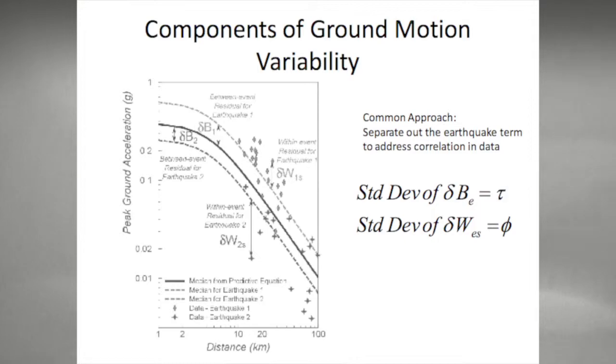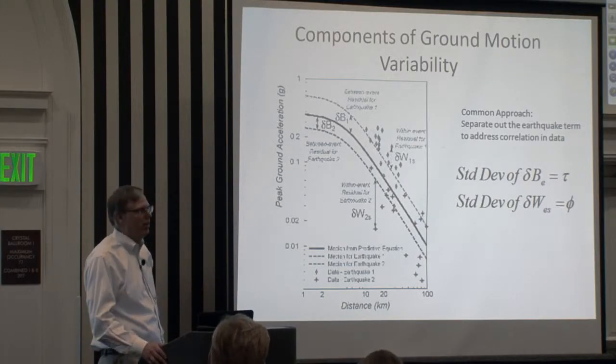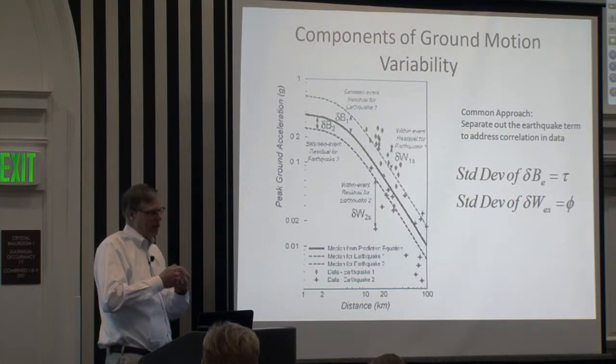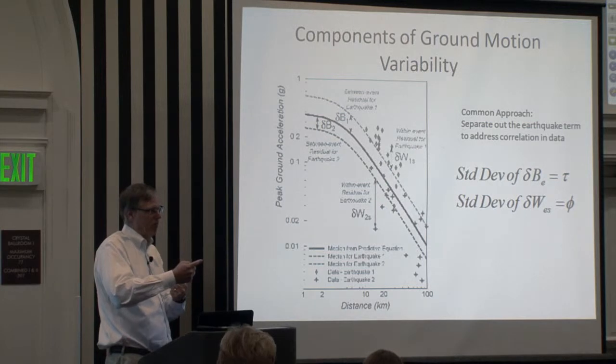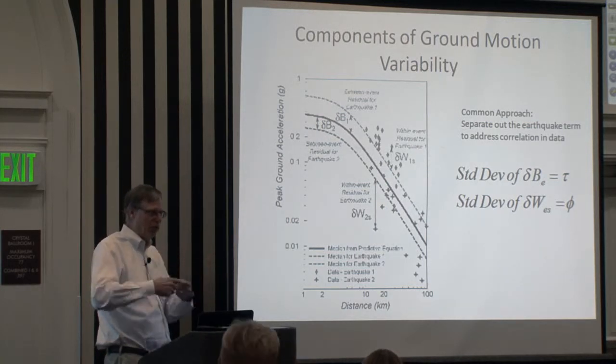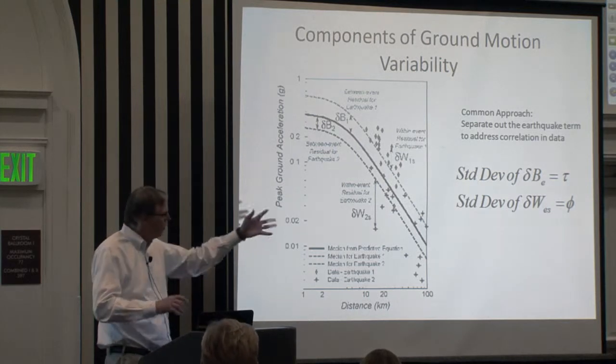So when we were talking yesterday about phis and taus, the tau is the difference from one earthquake, an actual recording, its average value, compared to what we think happens just for that magnitude. So this corrects for our oversimplification of the earthquake source process by a single term, magnitude,